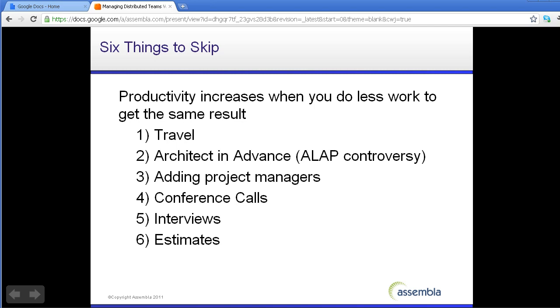A third thing that we like to avoid is adding project managers. Statistically, projects become slower as they get bigger. And one of the main contributors to this in the statistics is the number of project managers. So we've shown you ways that you can work directly with developers or work with technical leads and get good